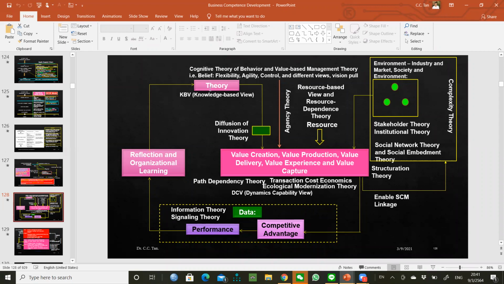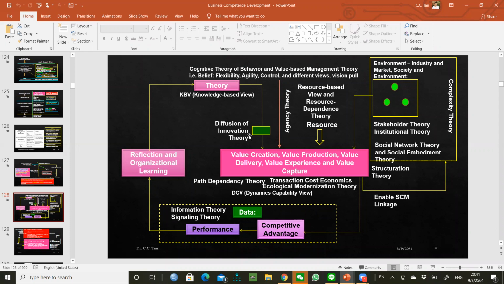Theories, we have already talked about all kinds of theories, for instance cognitive theories or resource-based theory, VRIO, or agency theory, and how you can interconnect with all the specialist players to be agile. And then through the theory you incorporate diffusion or innovation theory, which was not revealed easily before. Now, in order to get your employees and your stakeholders to understand, you have got to diffuse. You have got to be able to diffuse.